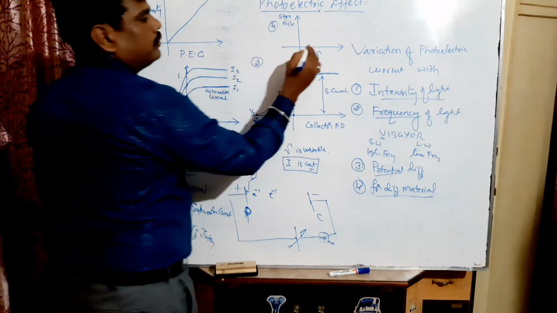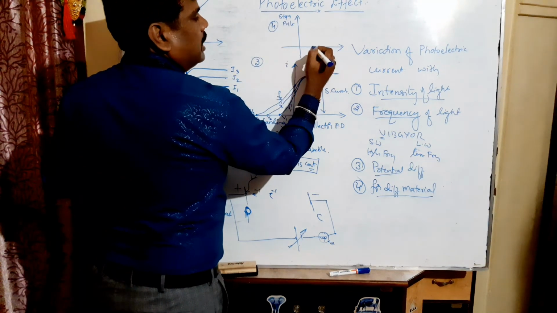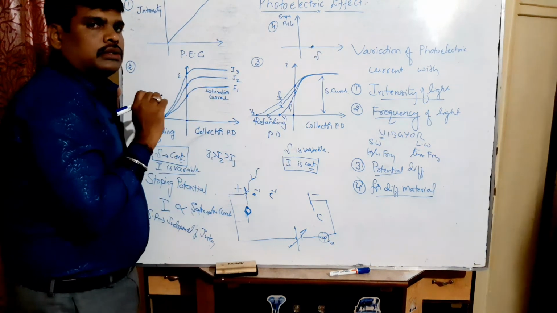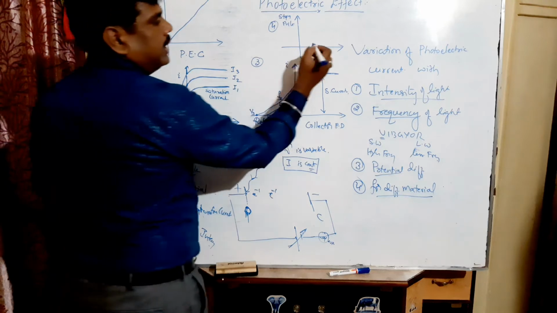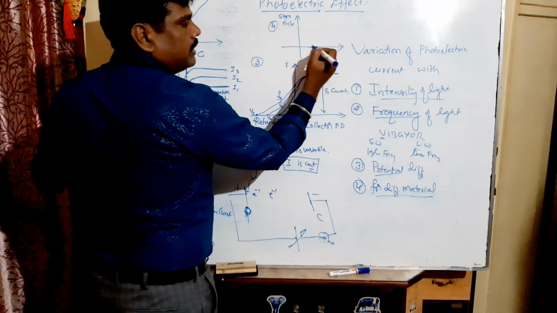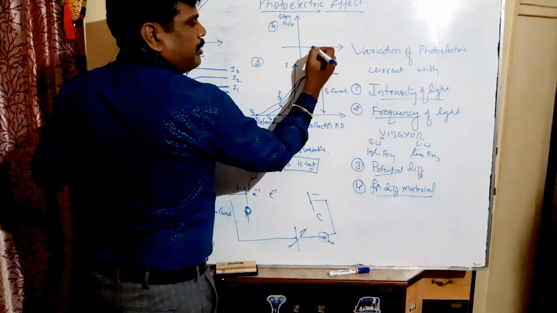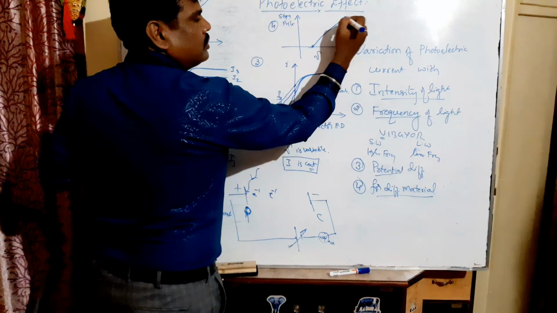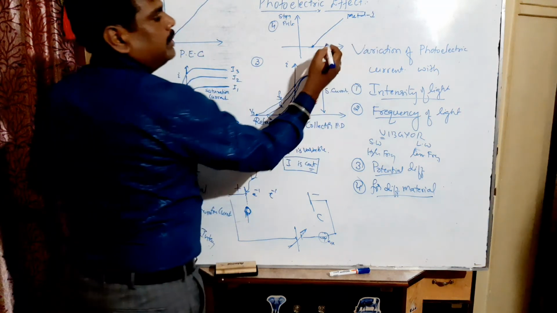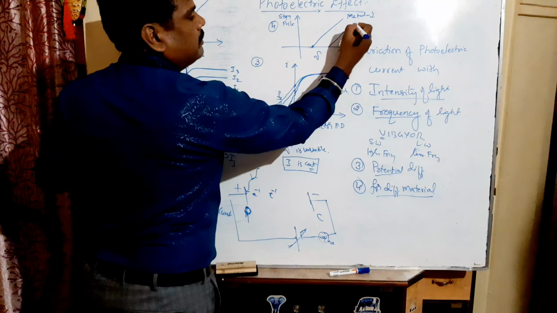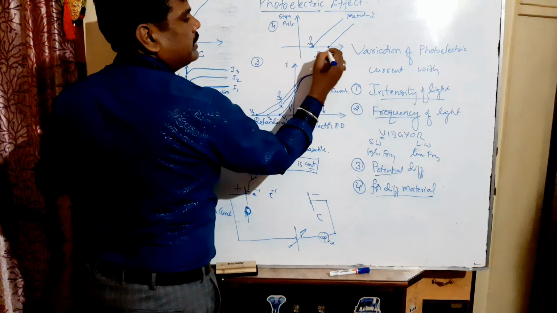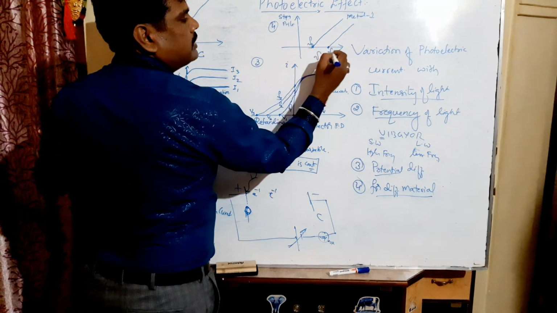If you increase the frequency, at a particular frequency below which there is no photoelectric effect, already told, that is the threshold frequency. So at threshold frequency only photoelectric current can occur. Again, if you increase the frequency further, the stopping potential increases linearly. So this is for metal 1. If you take another metal, the same observation can be obtained with a different nu naught. Nu naught 1 and this is nu naught 2.